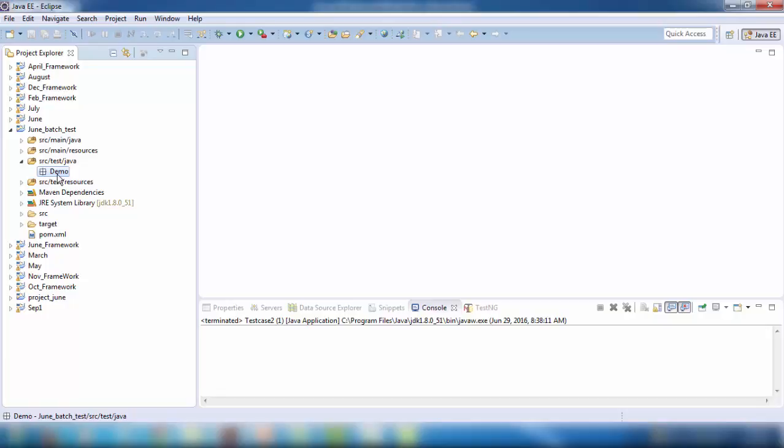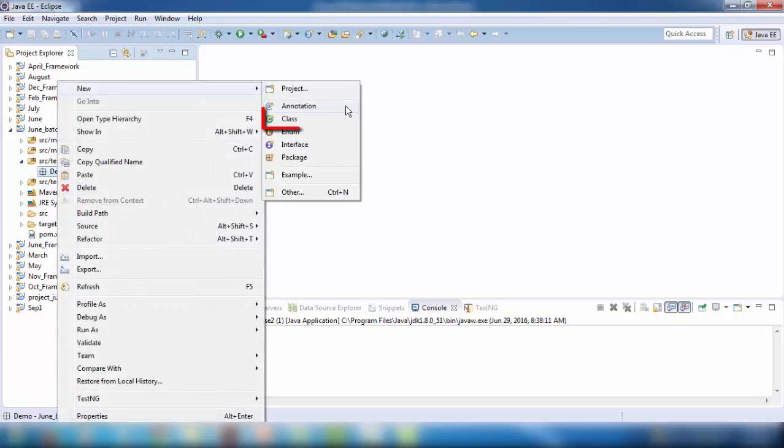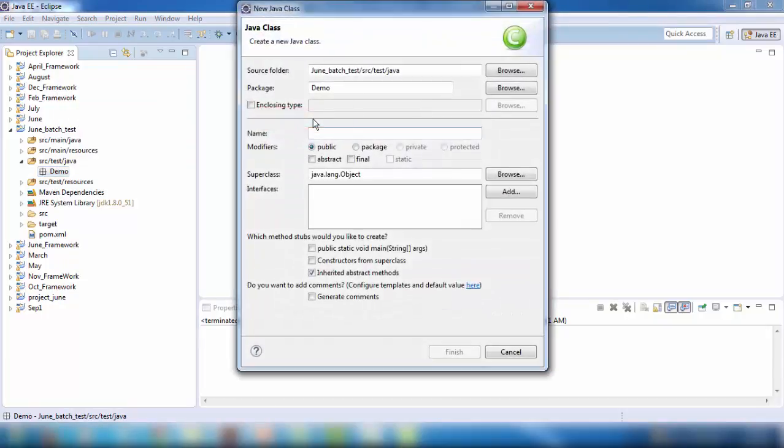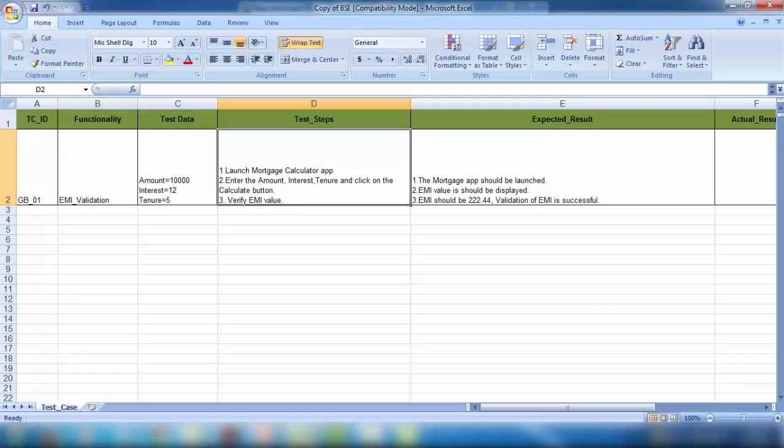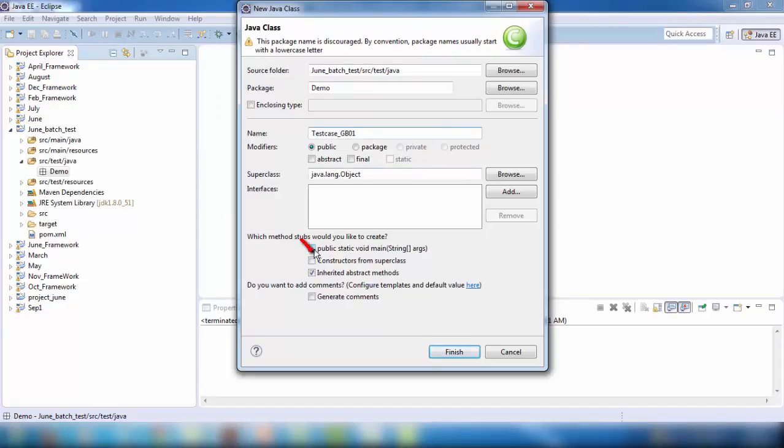Under the package, let me create a new class, that is test case GB01. That is the test case number, right? Yes, GB01. Okay, and select main method. Now if I click on finish,